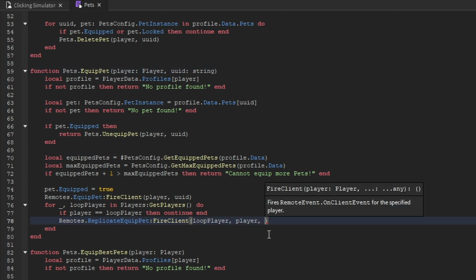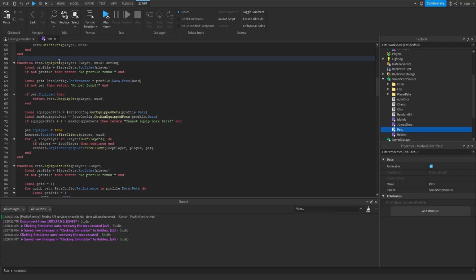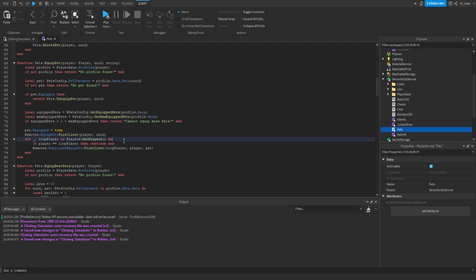And then finally, we want to pass through the pet instance that the player is equipping as well, just like that. So once again, when we call the equipPet function, once we run through this entire function, we then tell the client, so whoever actually called this function, hey, we did just equip this pet, here's the UUID. Then we're also telling every other player in the game by using the